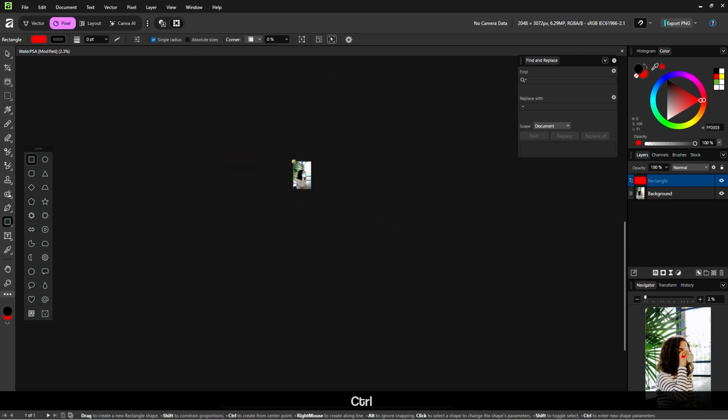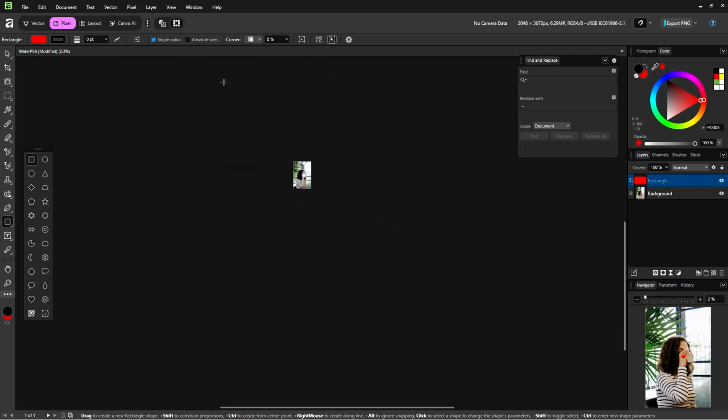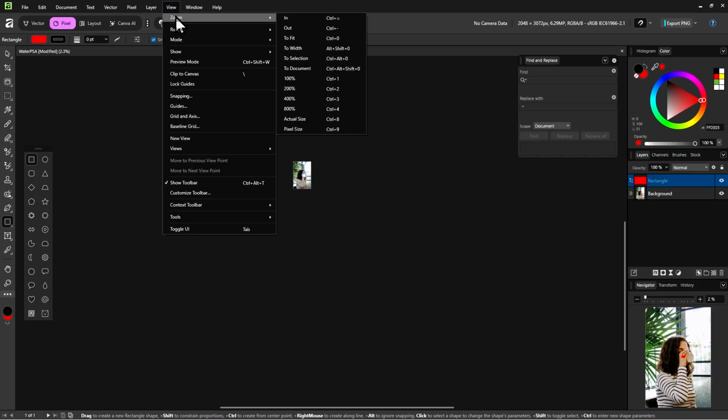And if we zoom too much like this, we just have to go back into view, zoom, and to document, or as you can see, the shortcut is Control plus Alt plus Shift plus 0. Or maybe that's too many shortcuts, too many keys you have to press at once. So you wish it was easier.